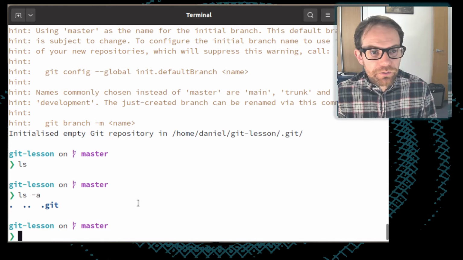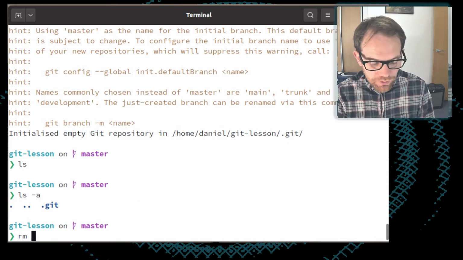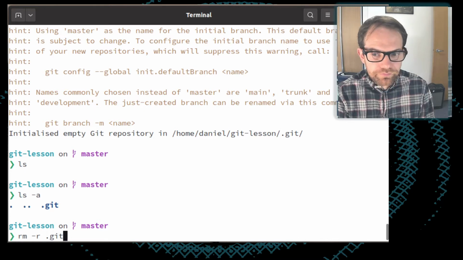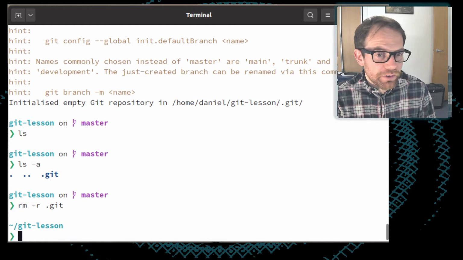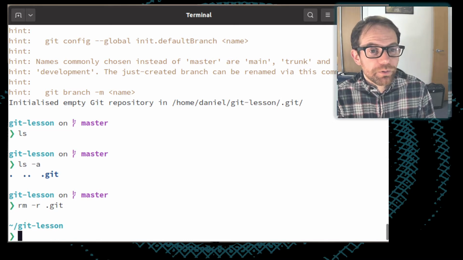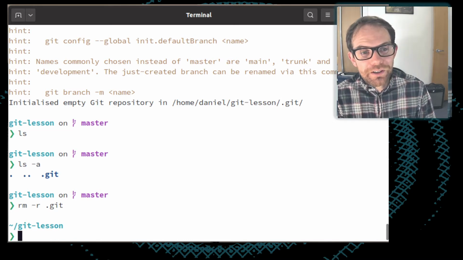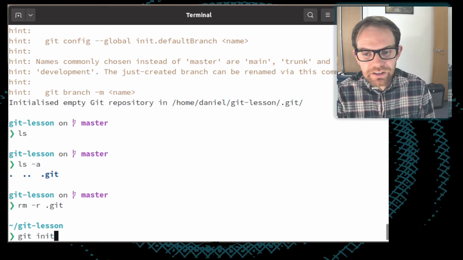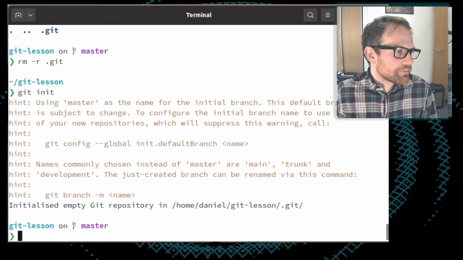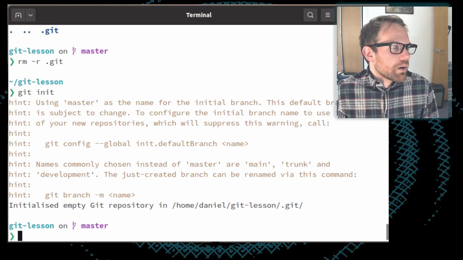Now, if you do attempt to remove it accidentally, it should warn you. Oh, it does not warn you anything at the moment. Removing that makes this directory cease to be a repository. Once you've started making changes to what's in the repository and running things through Git, it will tell you that some of the files are write protected, but you should avoid at all costs deleting this .git directory. So I'll just run git init again, like this.